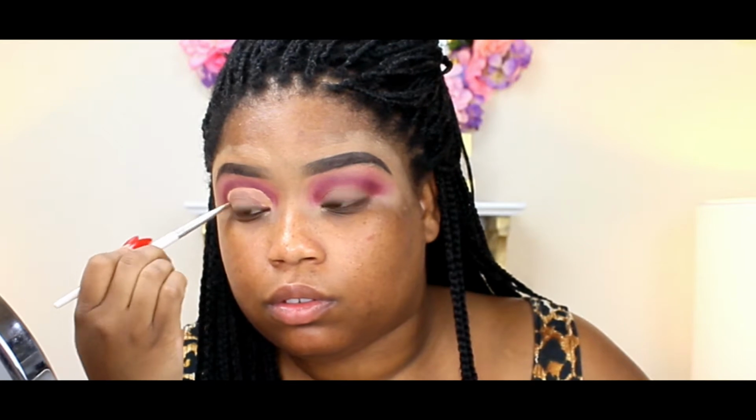So now I'm going to get ready, and I'm going to go ahead after I finish blending this out and start cutting my crease. And I'm going to be using the Tarte Shape Tape Concealer, and I'm going to take my time to do this because this is very important, honey. And once I finish cutting my crease,